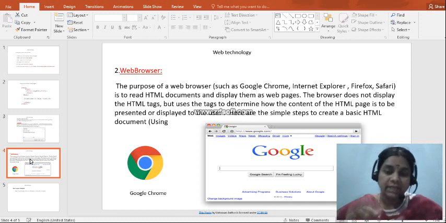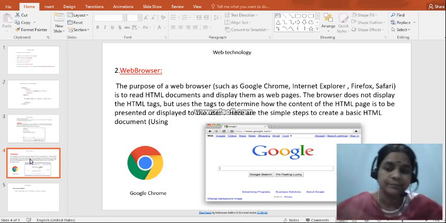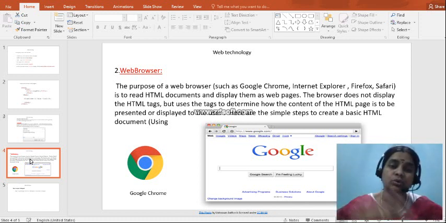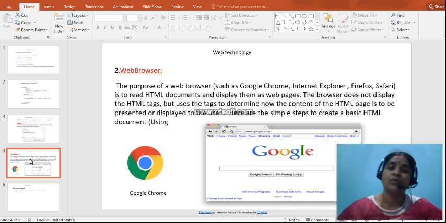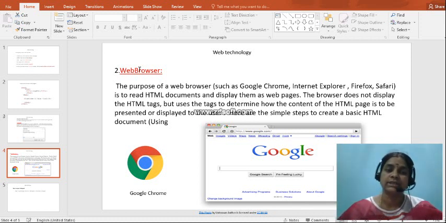In the same way, a pen is what we use to write on paper. But what do we have in the PC, in the system, in this laptop? I wanted to display something on the web page. How are we going to open that web page? With the help of a web browser. Web means page. Browser means we are opening it, browsing it. That means we are searching it. That is how we open that web page.